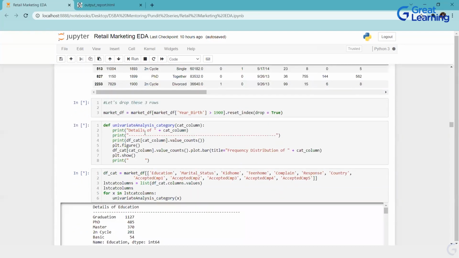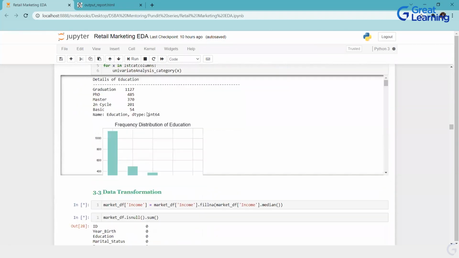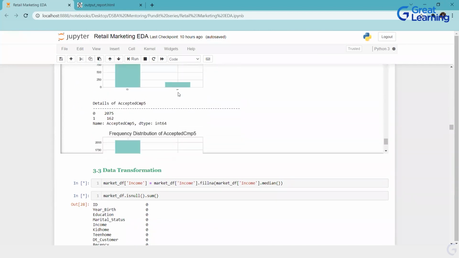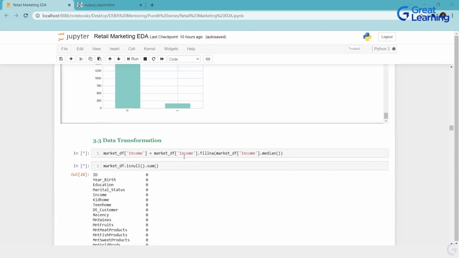Then this is the function that I have created for the univariate analysis of categorical columns. And in the same way, you can see the describe and the categorical columns, all your count plots. Data transformation. Now, what I said is the income column was having missing values, right? I treated it with median because I know that there are outliers, and since it is just 1%, I didn't want to have the segregation done and think about any other method to treat it.